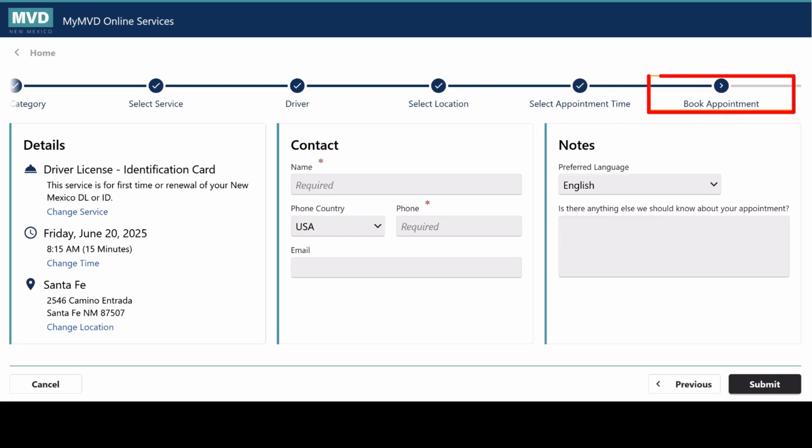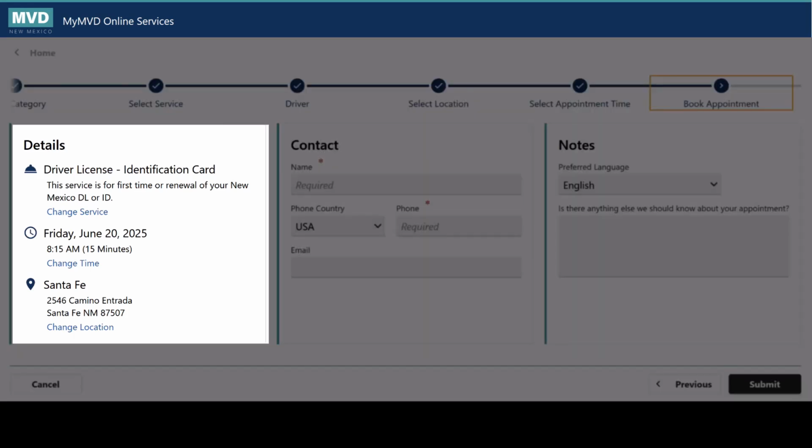The Book Appointment screen appears, reflecting selected options from previous screens. If the information found in the Details section is incorrect, you can change the service, time, or location of the appointment at this screen.